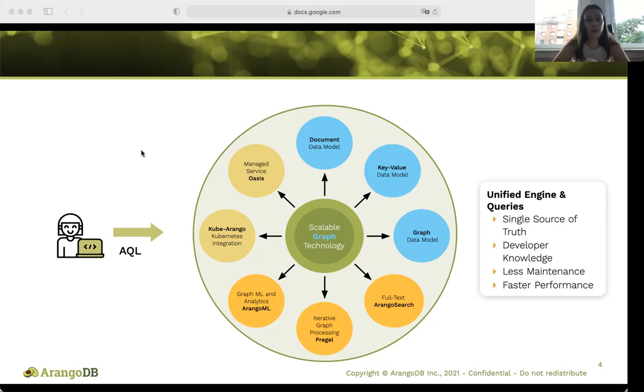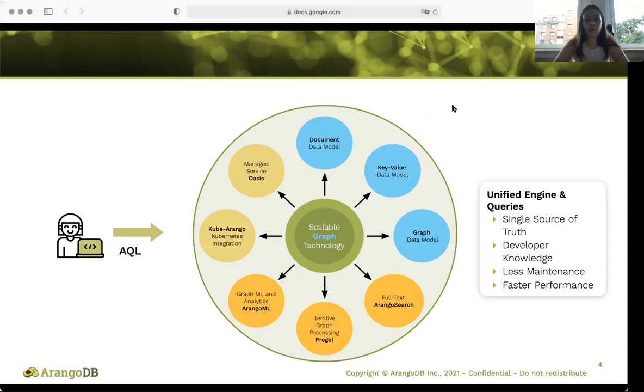This allows key value pairs, graphs, or documents to all be accessed seamlessly through AQL, the ArangoDB query language. So multi-model lets you combine multiple different models in a single query and allows you to build high performance applications and horizontally scale your data models.